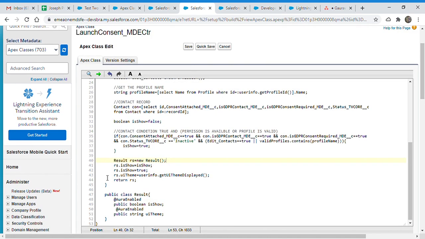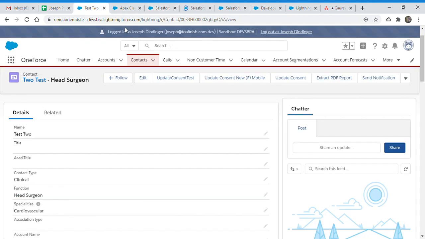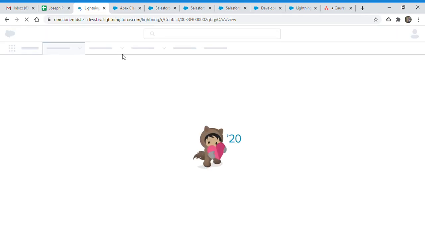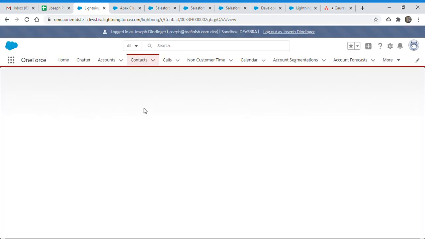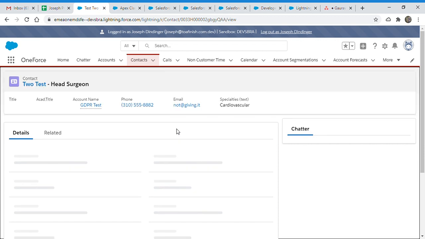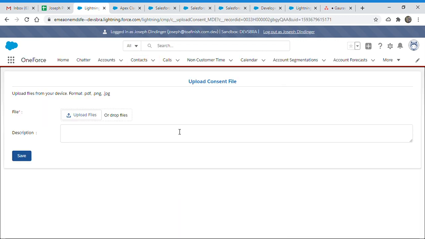Right here you see this edit is always true. Let me test the actual thing that we are doing here. Just refresh the contact, and it will redirect to the next page. Yeah, you see it redirected.